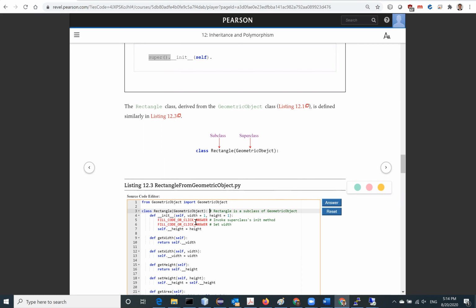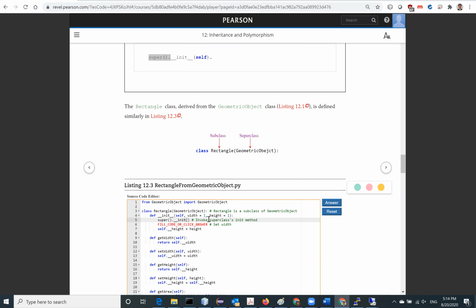Invoke the superclass init method: super().__init__. So this is necessary. You have to initialize the data fields that are in the superclass,